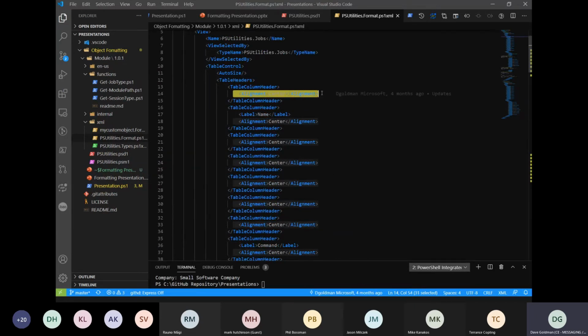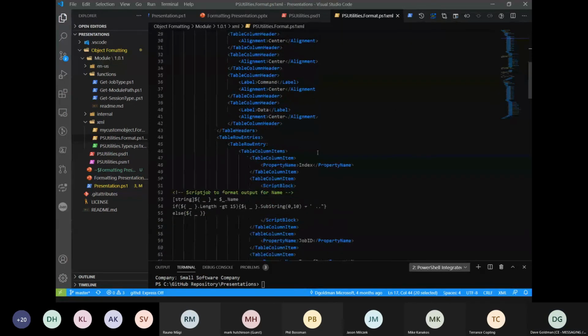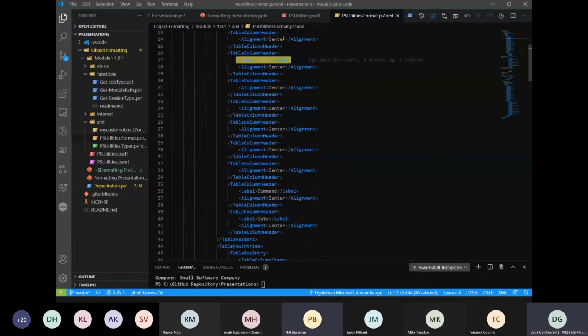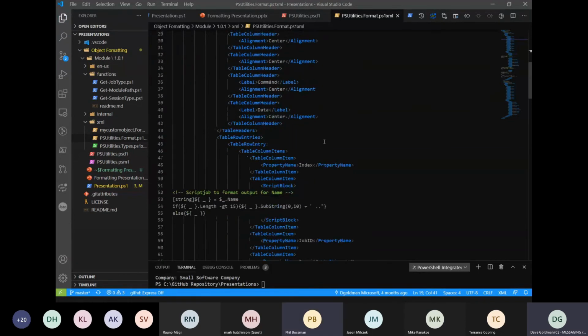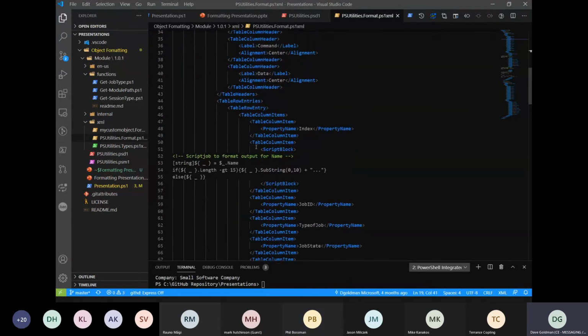If you notice, my first one doesn't have a name. I'm just saying align these to the center. When I denote it with the label, if the first one is center, so you see I have this one, and then I have name. If I look down here, you see I have index, and then instead of name, it's the script block.